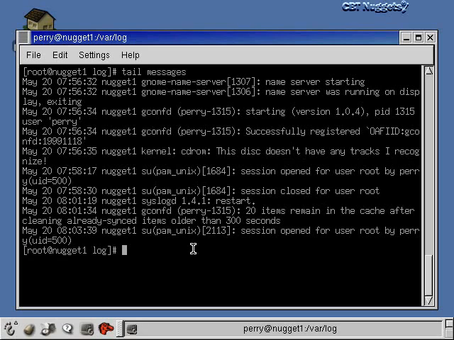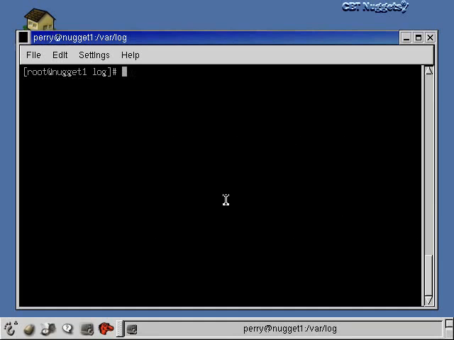And you can make tail print out more than the last 10 lines. If you want the last 20 lines, you can say tail -n 20. And then you can get the last 20 lines of some particular file. All right, and that's just a useful way of finding out what's going on recently in your log files. Let me show you one more thing that you can do with the tail command, and that's